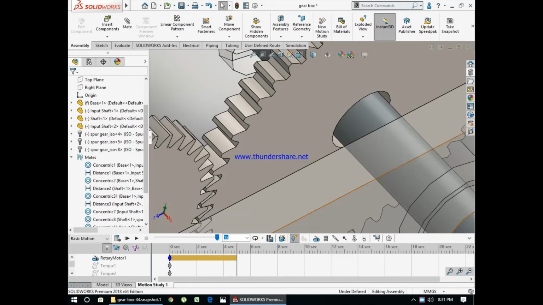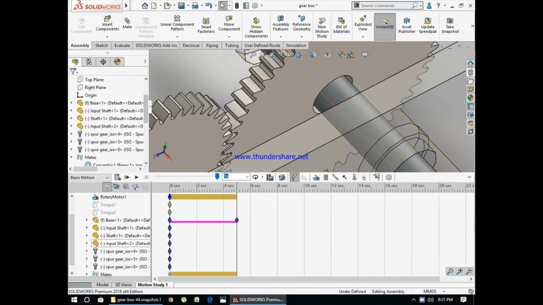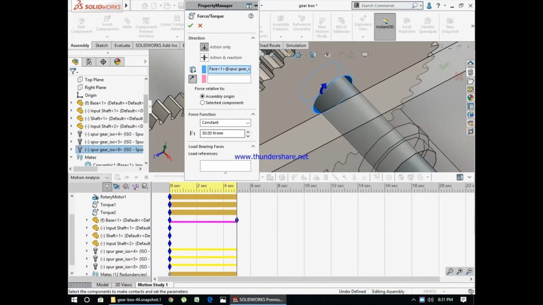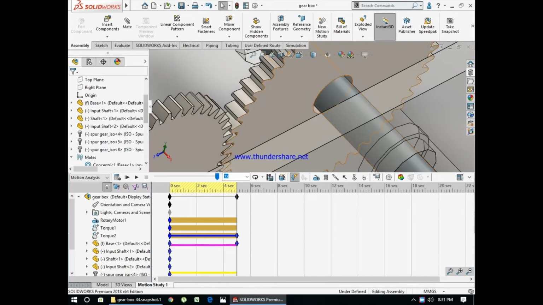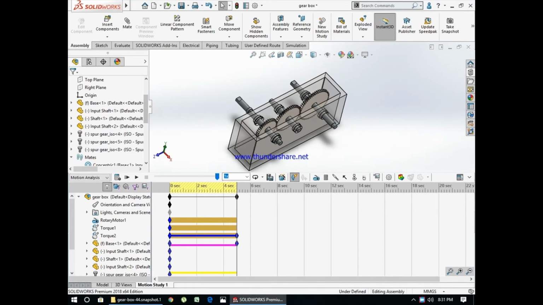Now you can see these two torques have not been applied, because in basic motion I'm going to give 50 in the opposite direction. Actually, the gear is rotating in the clockwise direction and I have given the torque in the anti-clockwise direction. Okay, now that we've done that, we'll go to simulation setup,